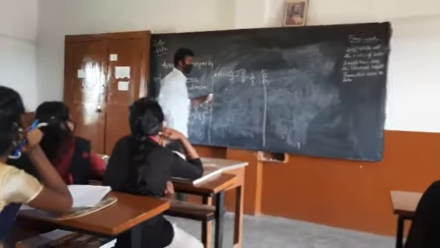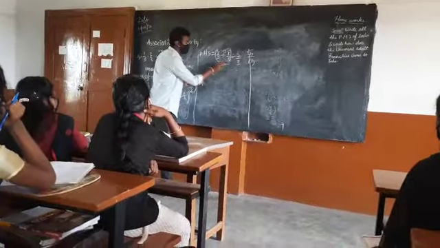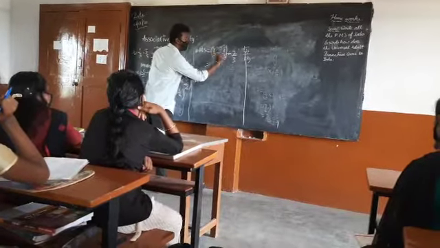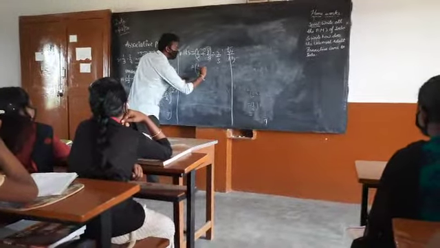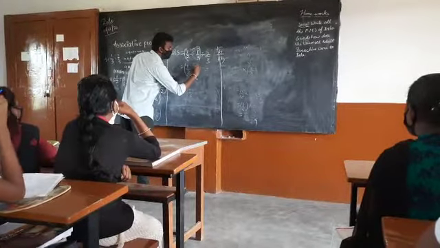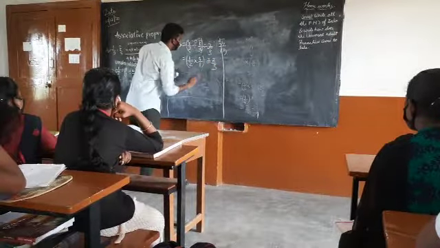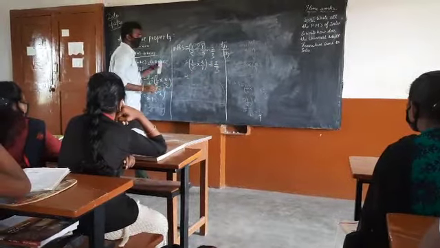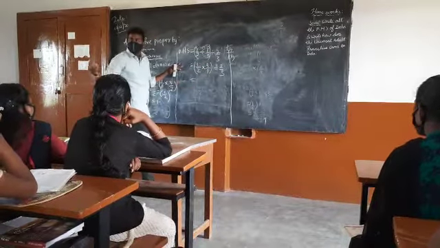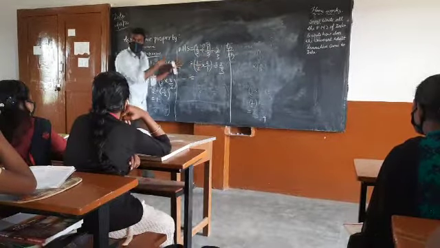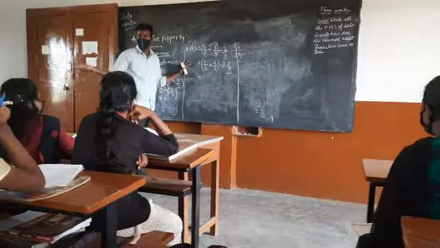So this representation, 1 by 2 divided by 1 by 3, is what we need to solve first, as they both are in brackets. 1 by 2 divided by 1 by 3. How to solve? Easier. Multiplication, 3 by 1. Very good. That equals 1 by 2 into 3 by 1, 3 by 2. As there are no common factors for cancellation, you can directly multiply. You have no option. 3 by 2.